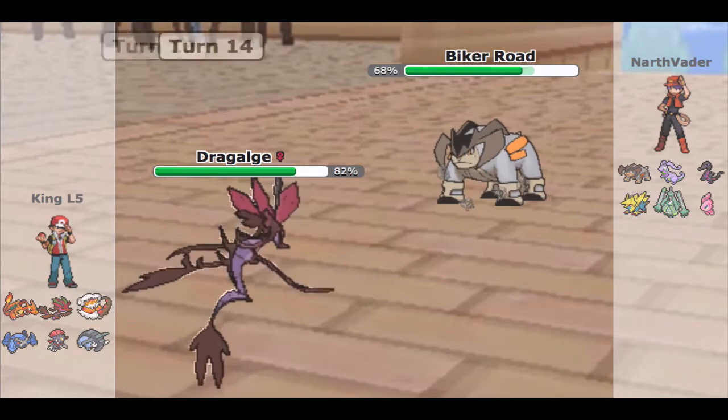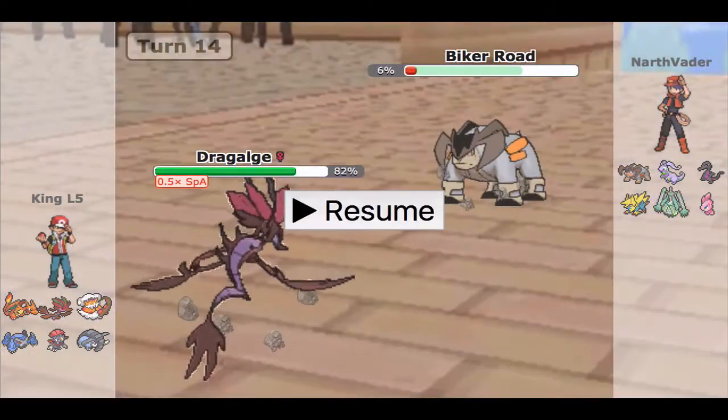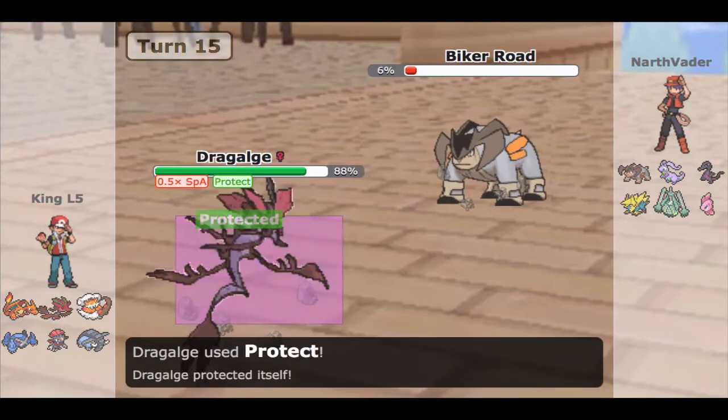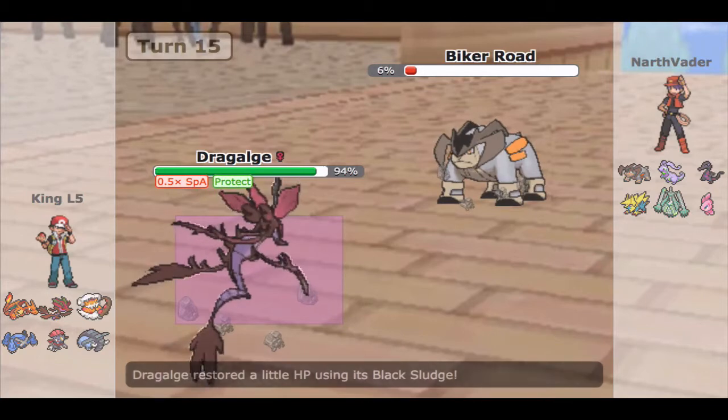here. And I don't feel like he's going to go for a Z move here, so I'm just going to go for the Draco Meteor. And unfortunately, I'm not able to knock him out. So that's unfortunate, but he is in range of rocks. So I'm going to click Protect, get a little bit of my Black Sludge recovery, and now I'm just going